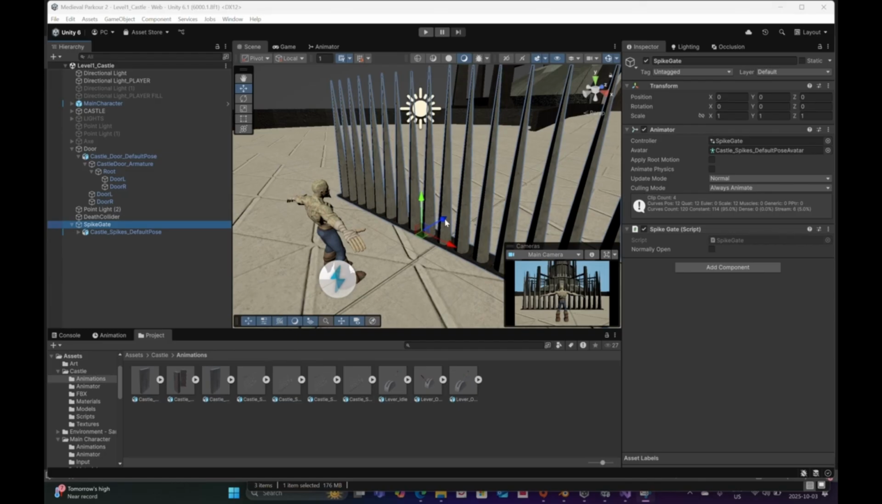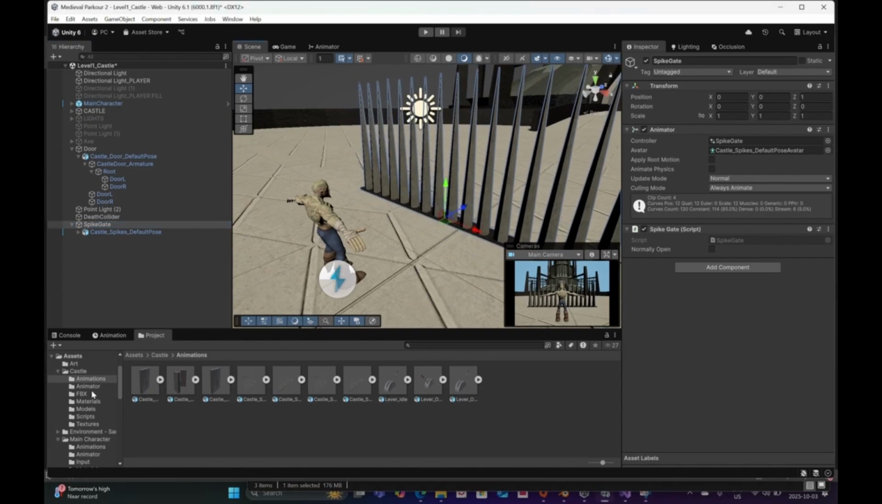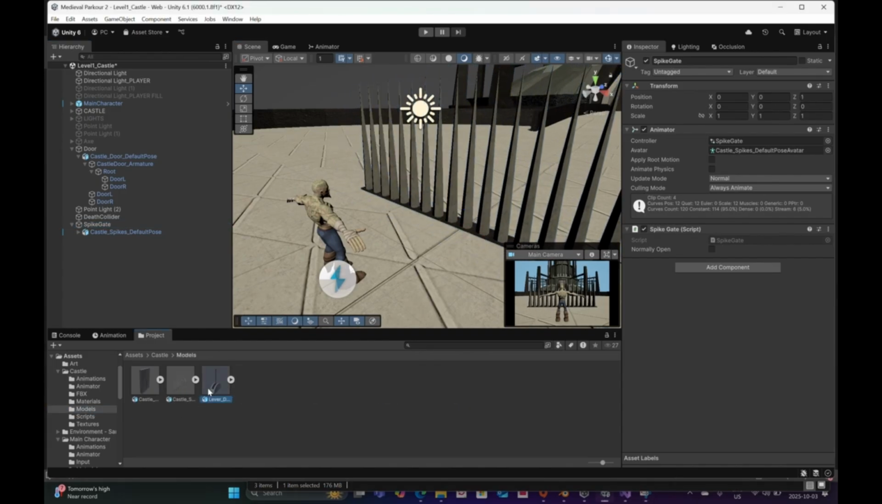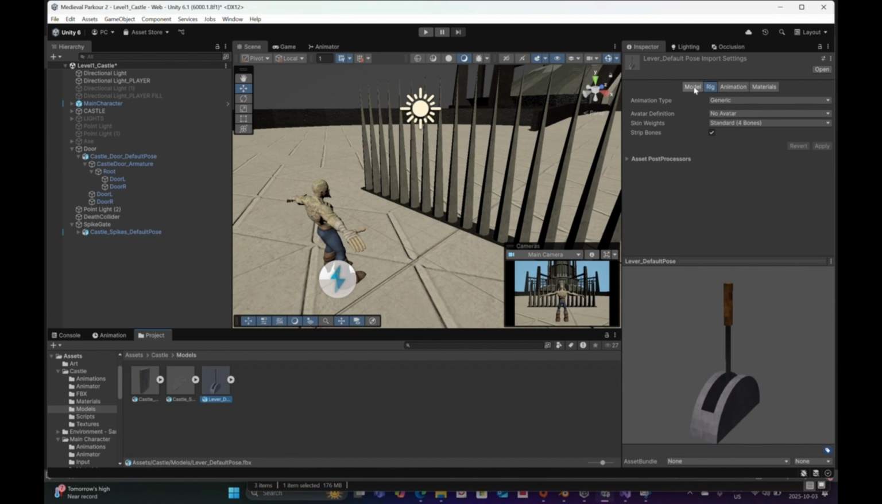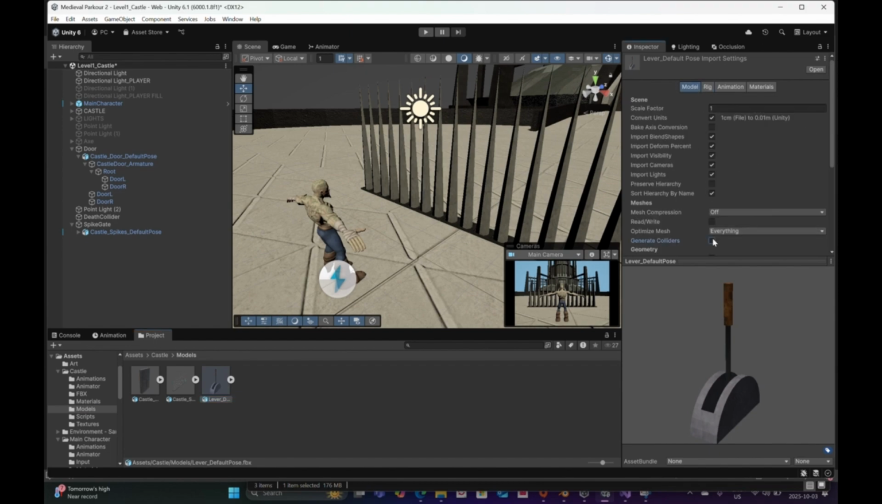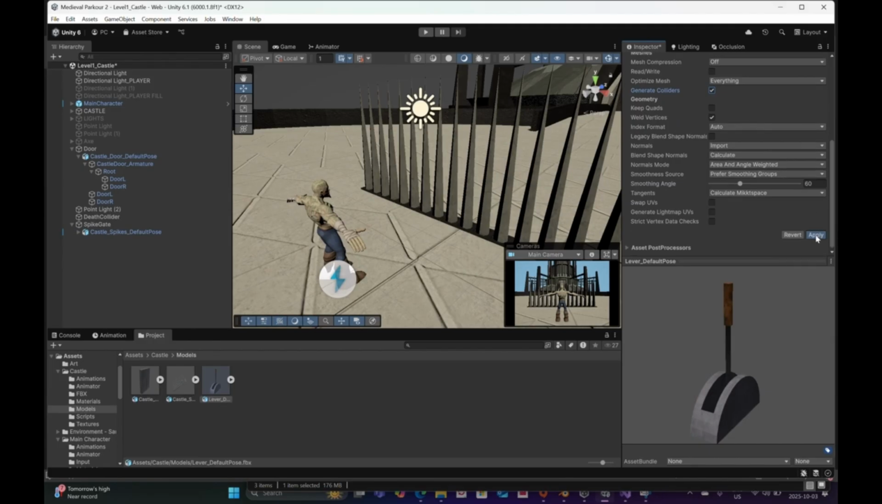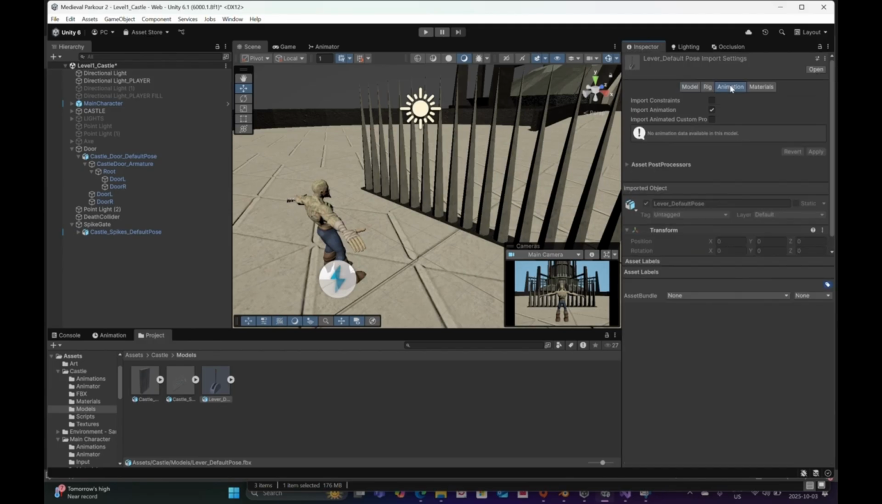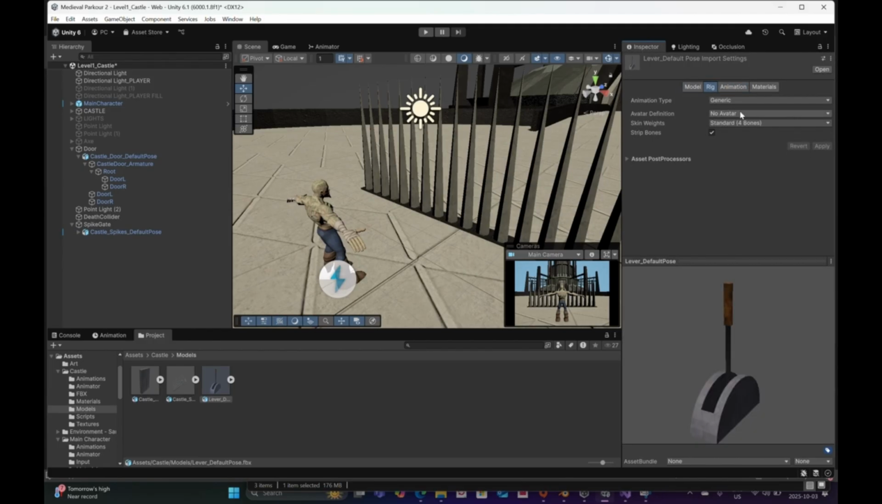Okay, the last video I worked on the spikes, and now I'm going to work on a lever that opens it if it happens to be in a closed state like this. So first I'm going to go to my model, and I'm going to generate colliders, hit apply, go to rig, create avatar from this model,